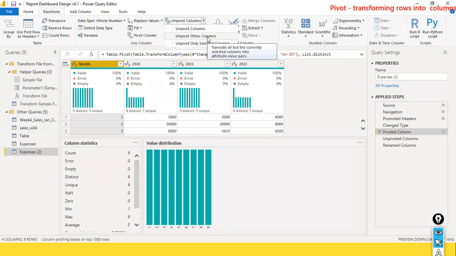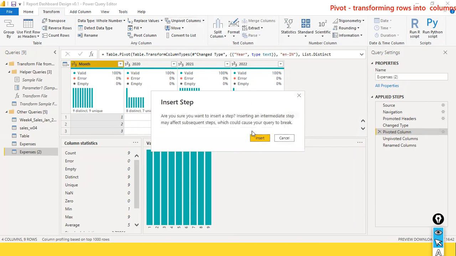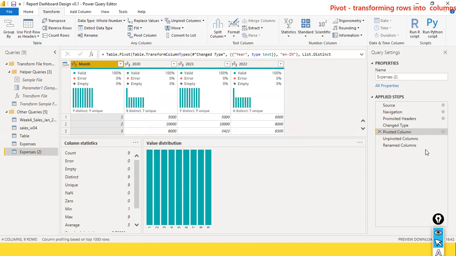Let us look at unpivot other columns. Except this column, you select the rest of the columns and do the unpivot. Instead of manually selecting these three columns, look here, this is one shot, you can do it. But instead of selecting the columns one after another,